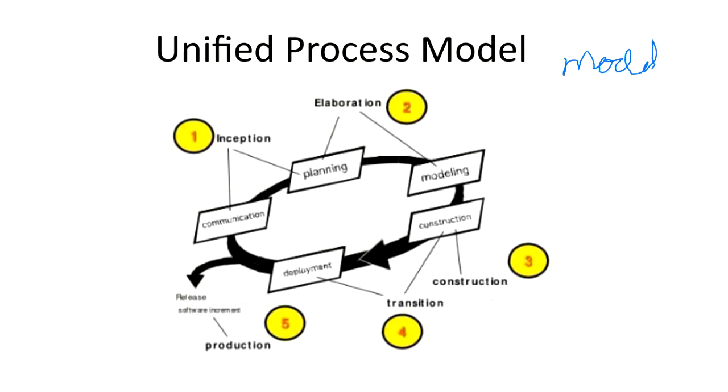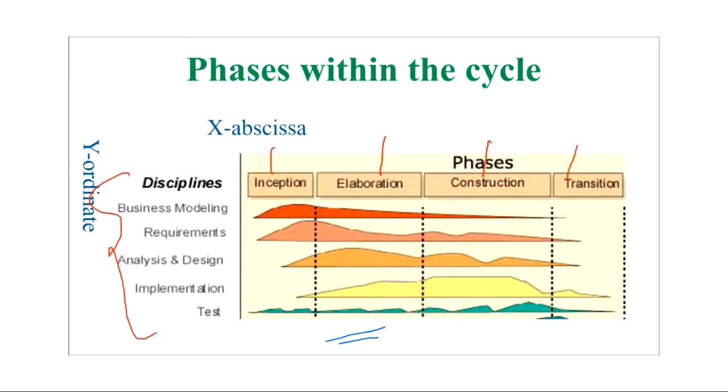Then after OAD, we have seen what is modeling. Why we need modeling, what is the use of modeling in OAD, and then I've talked to you regarding the unified process model. So any doubts till here? Last class we have seen till unified process model, right? This chart I've shown you. Any doubts till this point?